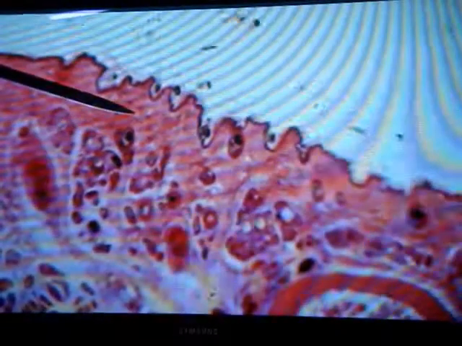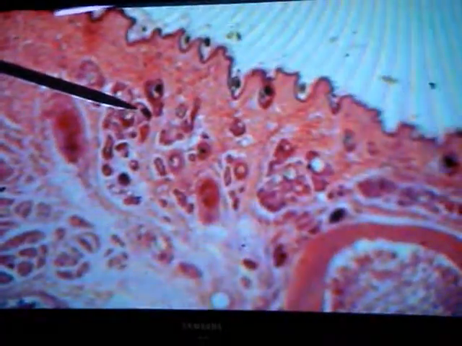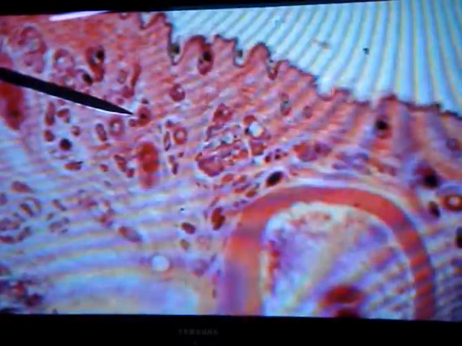What is the layer below the epidermis? That is the dermis. Right. So this layer what you see here, this is the dermal portion. This is the dermis which is placed below the epidermis. So it consists of lots of connective tissue. Right. It consists of a lot of connective tissue, and embedded within this connective tissue it will have lots of blood vessels.